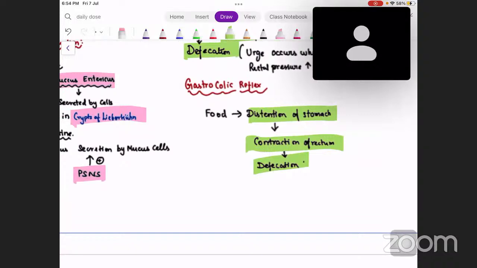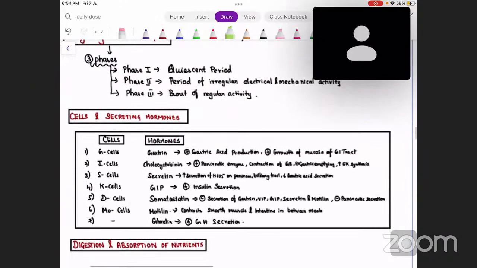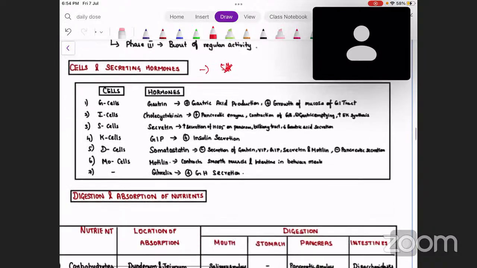Gastrocolic reflex. These are the two important reflexes you may see. Apart from that, you may see the cells and the secreting hormones. This is the place where you expect most of the questions, people. So these two tables you should not miss. These two tables are 5-star rated tables that you should never miss a single word of. You have to remember, because if they want to ask you a question in GI physiology, this is one of